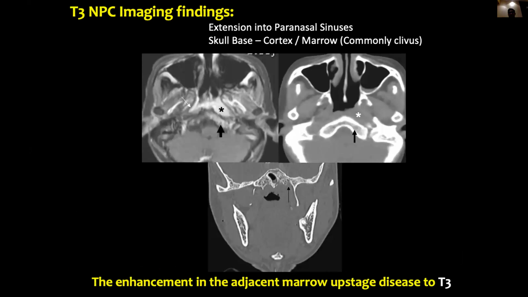And the moment the disease involves the marrow or the clivus or the paranasal sinuses anteriorly, this becomes a T3 disease. So as I said, it becomes very important to pick early subtle erosions, which can be a T3 disease, which can only be appreciated on this bone algorithm images as seen over here. So there is subtle erosion of the